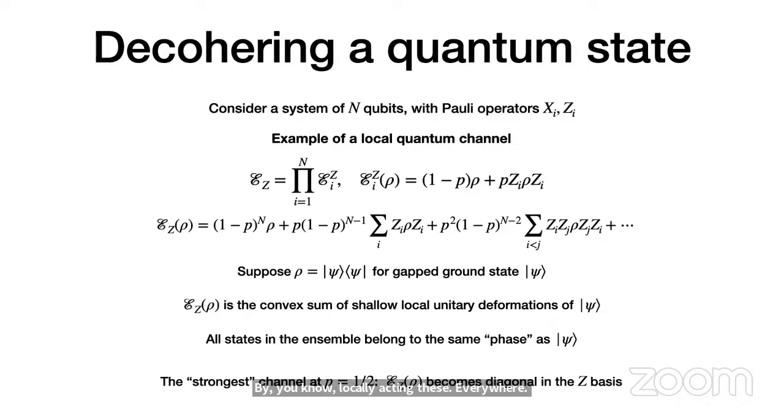Can I ask you a question on this? Yeah. You say this is a sum of shallow local unitary deformations, but the ones you've written are local. But if you continue the summation, once you get all the way to the end, you're going to have these very long strings. Oh, they're very long, but they're still shallow, right? Here, because I chose a very simple operator Z, which all commute, even if you apply all the Z at once to a system, it's just one layer. So in that sense, it's shallow. It could be very non-local, but it's shallow, right? It's finite depth.